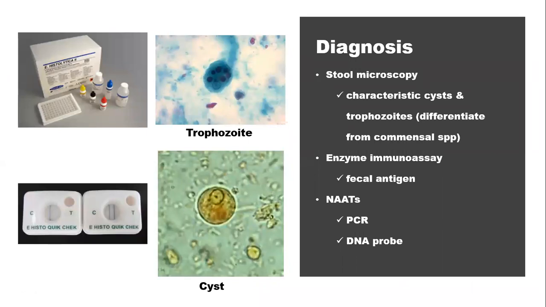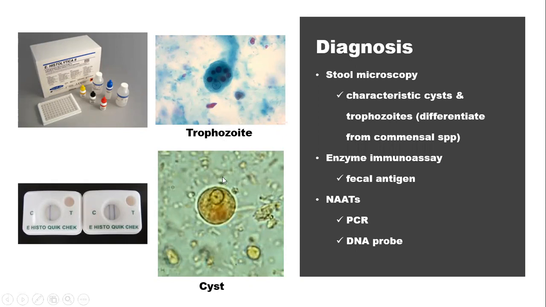How do you make a diagnosis? With amoebic infection, stool microscopy can help. Again, you need to send in multiple samples. We look out for the characteristic trophozoites. Now, the trophozoites of the pathogenic amoeba species are quite different from the non-pathogenic ones in that they ingest red blood cells. So the presence of red blood cells within the trophozoite is highly suggestive of a pathogenic strain. The non-pathogenic ones feed on bacteria in the gut, so they don't feed on red cells.